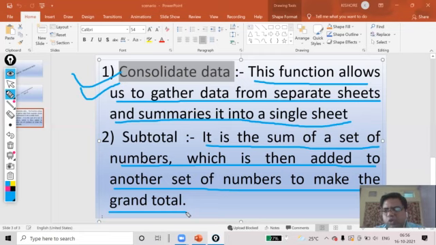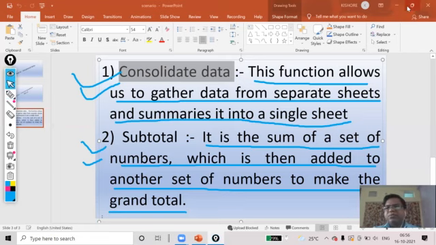I want to do the grouping on designation. All the teachers' salary will be summed together, all the peons' sum will be together. And after that, the grand total in the salary field, I can do with the help of subtotal. I will show you both.